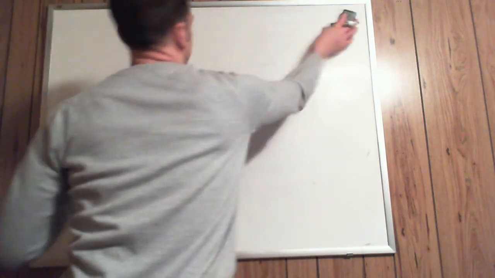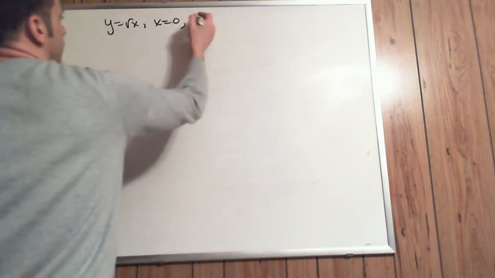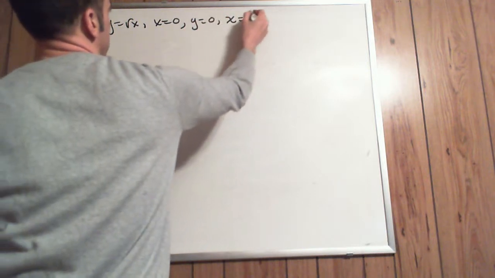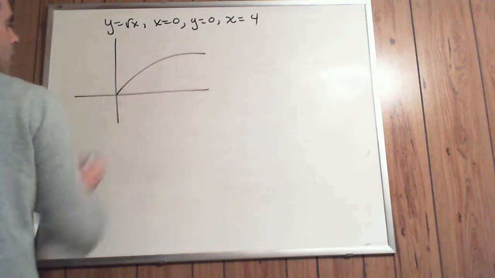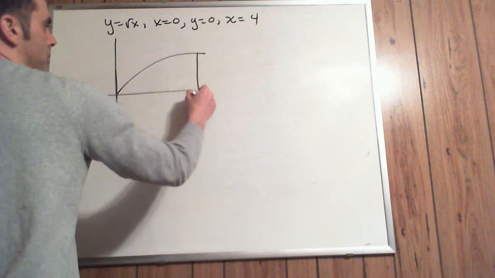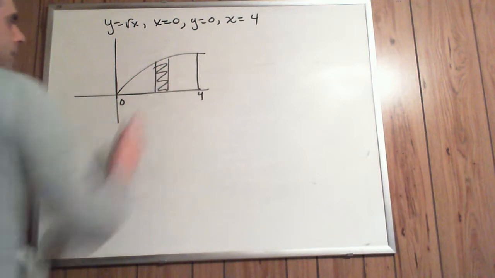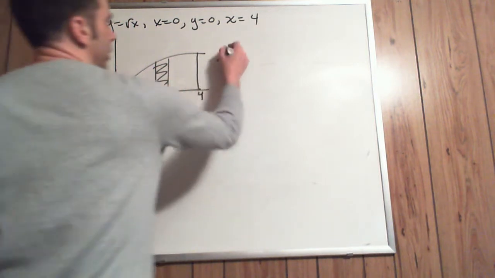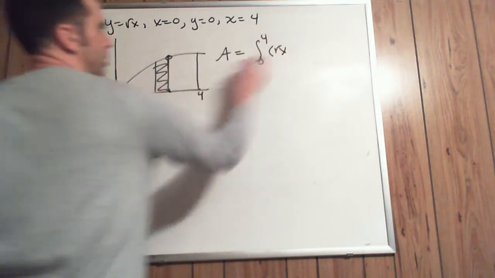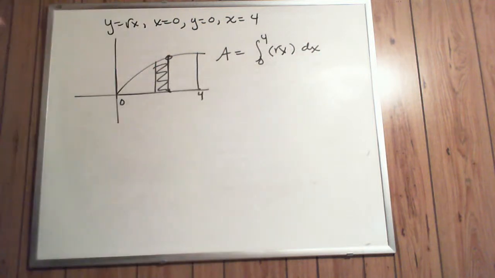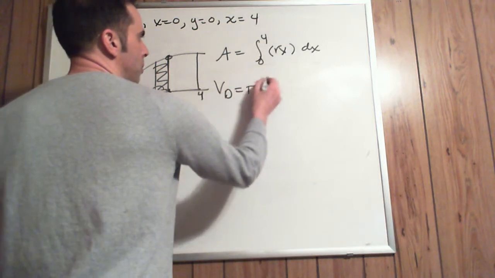One quick one again, if we have y equals root x, x equals 0, y equals 0, and x equals 4. This looks like this. This is x equals 0, this is x equals 4, and this is y equals 0. There it is. That's the area. So the area would be from 0 to 4 of root x, top minus bottom, dx. If I were to revolve that about the x-axis, it's volume by disk, which would be pi from 0 to